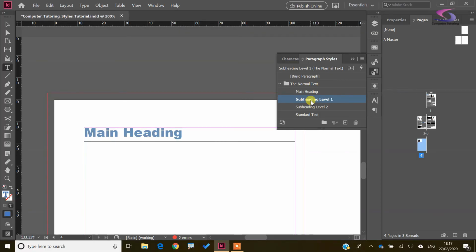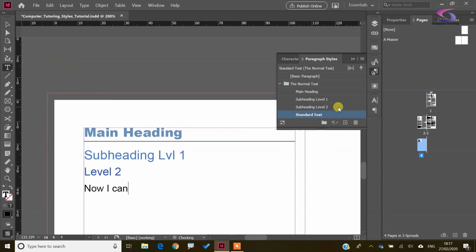So now I can just type, so I can say subheading level 1, press enter, and you see it's automatically selected subheading level 2. So I can put level 2, I press enter, and now I'm on standard text. So now I can type, you know, whatever I want. When I press enter, the next one is still standard text because I've set the hierarchy of styles in the right order. Now, it might not look fantastic here. I'm sure your design skills are way better than mine,